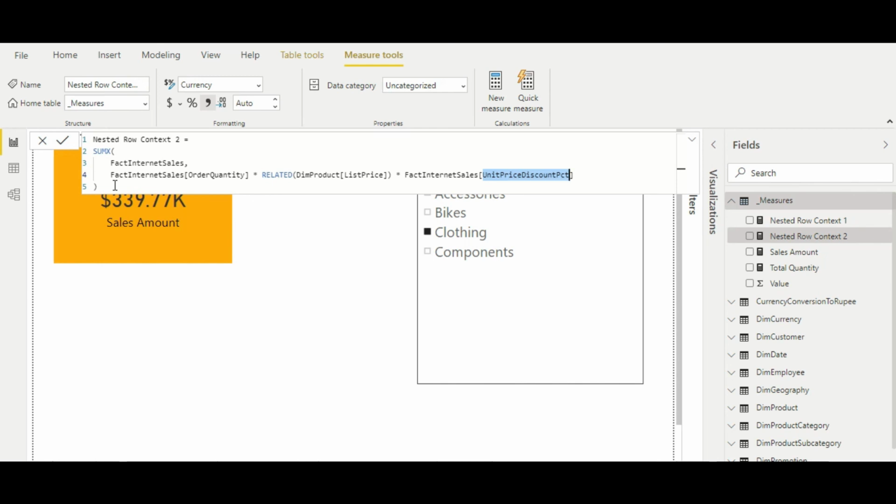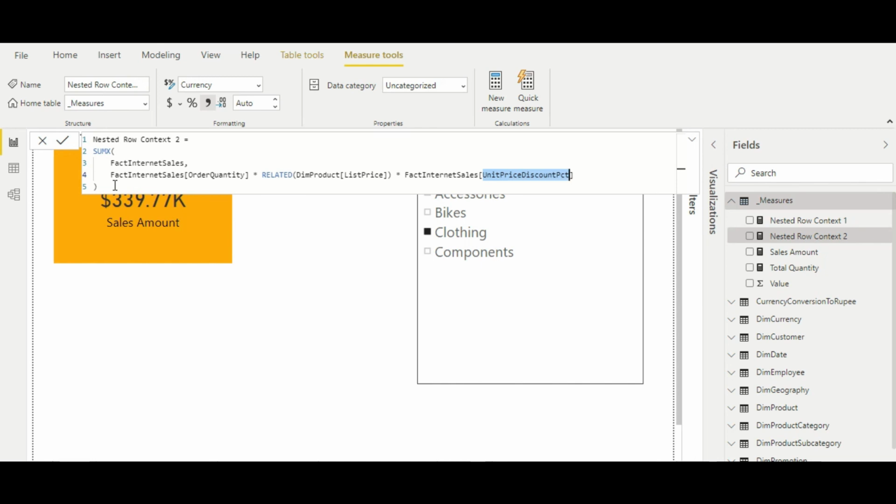So we need to keep one thing in mind, that whichever tables we are using are filtered to a few rows only. If we pass a table which is very big, like fact internet sales, that would take a lot of time, especially when we are using multiple row contexts. So you need to keep this in mind.